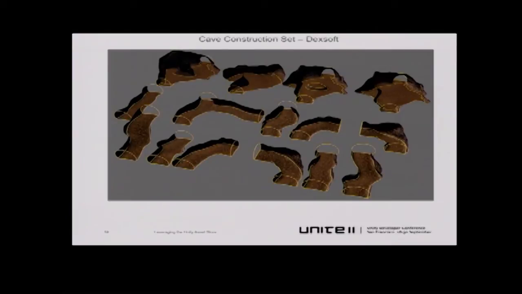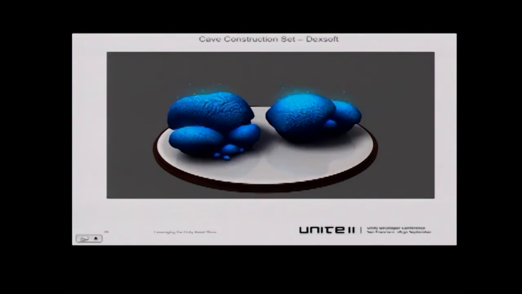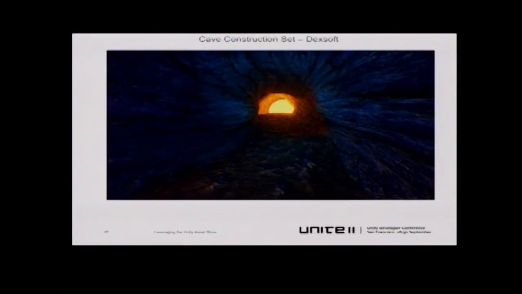And this is a good example of a modular kit where you can just take the pieces, attach them together, and create really a whole variety of scenes. You can see here there's all these different intersecting pieces and curves. Pieces like this with mushrooms. And using lighting and just your set design skills, your world building skills, you can create a limitless